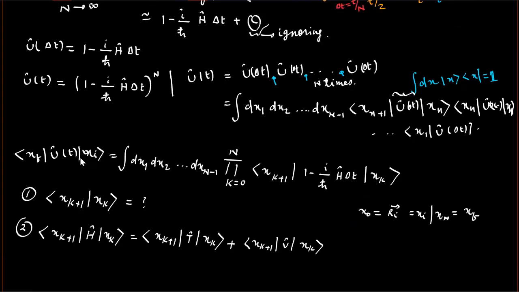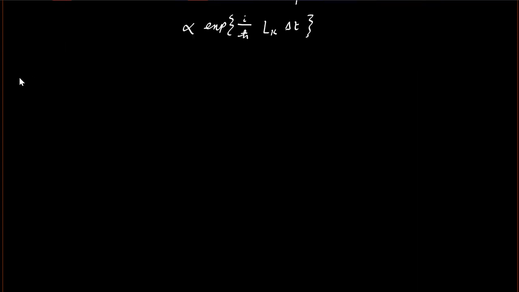Yes, in this equation, then I can easily find out things. Okay, so if we put that equation in this equation, let's see what happens. So now finally we'll get our final equation: x of f, U of t, x of i,